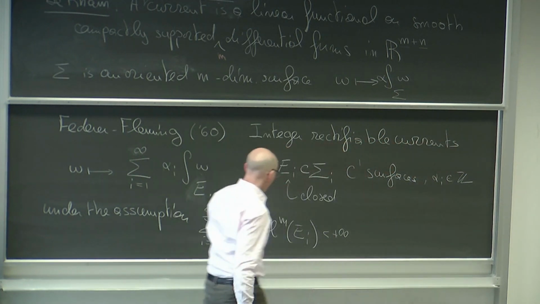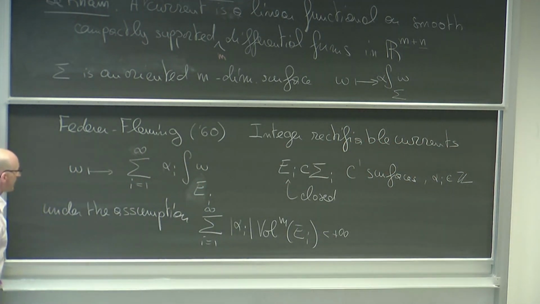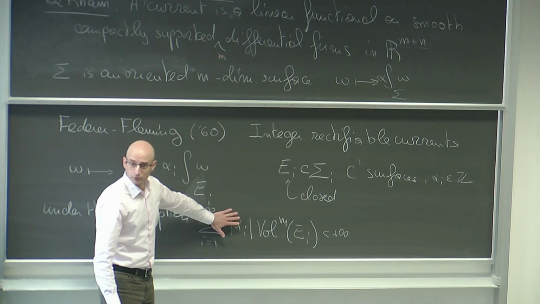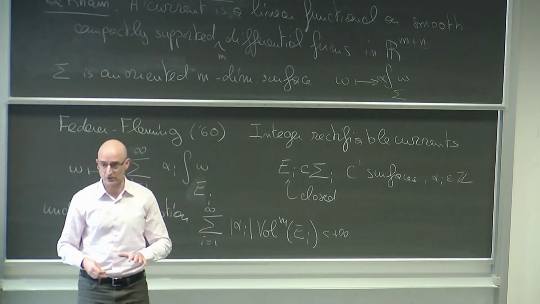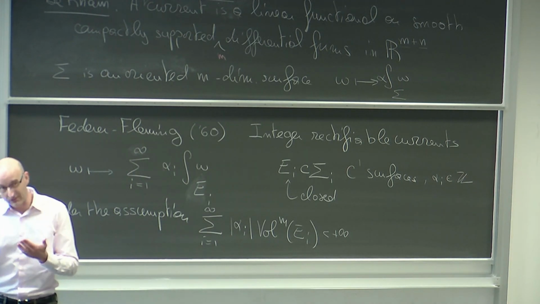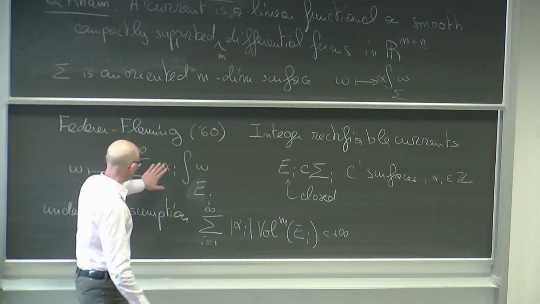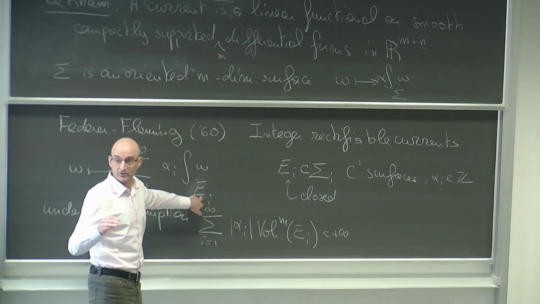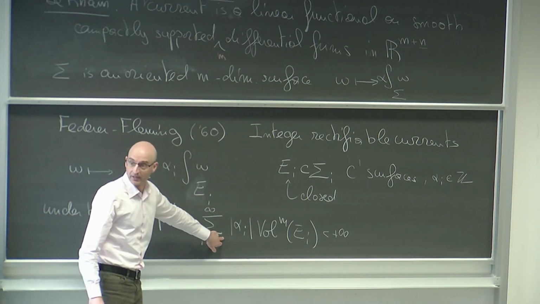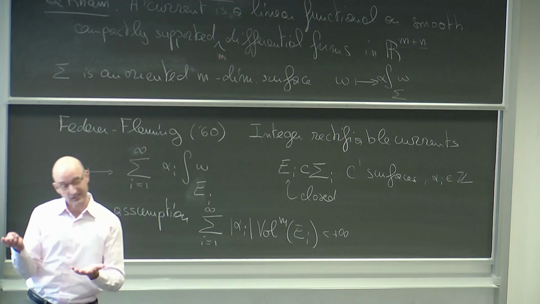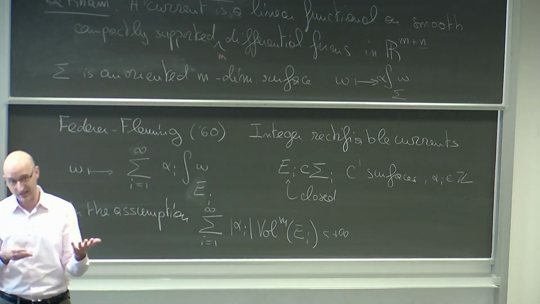Okay, so this is what I will call an integral rectifiable current, and you could imagine that this thing over here is a good substitute for the generalized volume of your current, which we will call mass. That is true only if you pay some attention, right? In the way I've written it over here, I could make, for instance, the same set appear twice, with a positive sign and with a negative sign. And then if I compute the mass in this way, I might write a surface as twice the surface minus the same surface, and I actually get a volume which is 3 times that surface. So that I don't want to do.